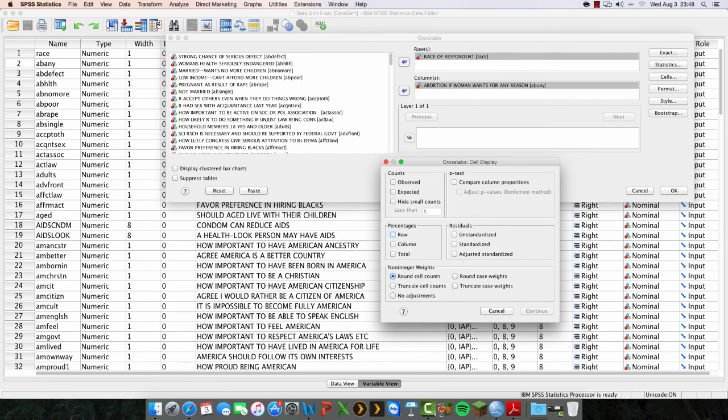So in order to make reasonable comparisons between responses within the groups, so we can compare them between groups, what we really want to do is just click on the row percentages. And what we'll be able to do is read across the responses and see how the responses vary by percentage by race. We use percentages because obviously the groups are going to be of different sizes, but we want to see how they compare to one another in the way they break down on the issue. So once you've checked the row percentages, hit continue,